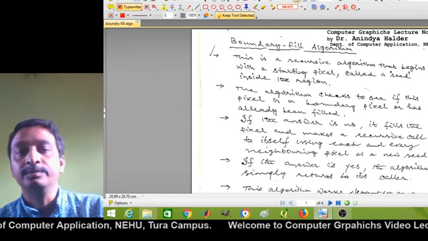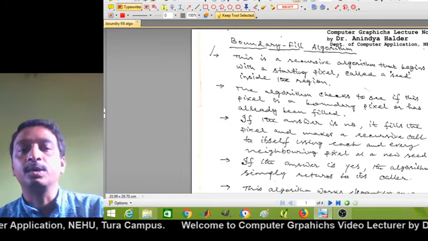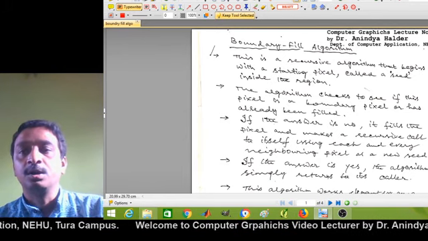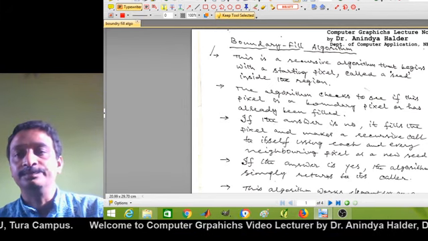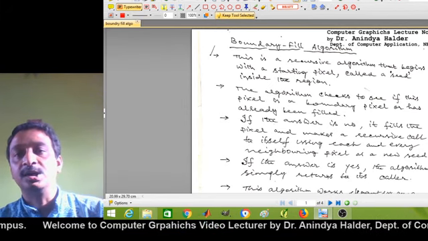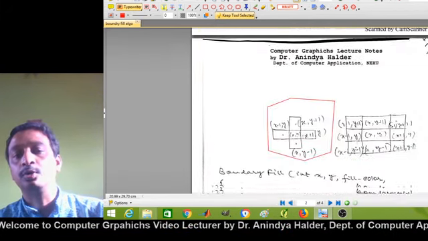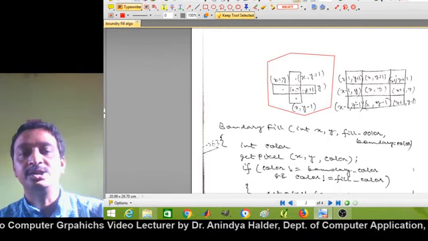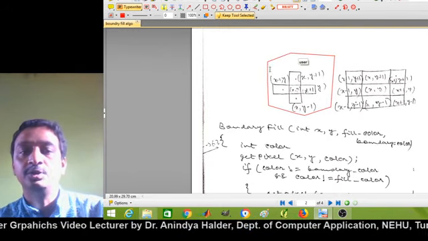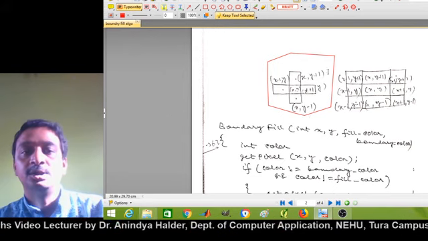Boundary fill algorithm is a filling algorithm. The objective of this algorithm is to fill a closed shape region having a uniform color boundary like this.